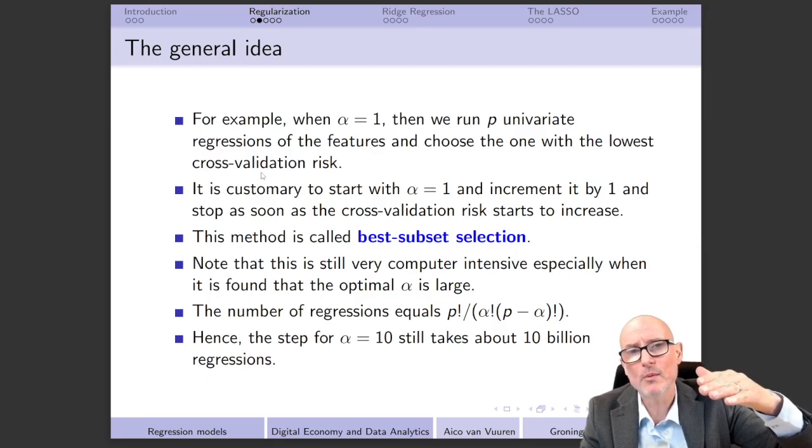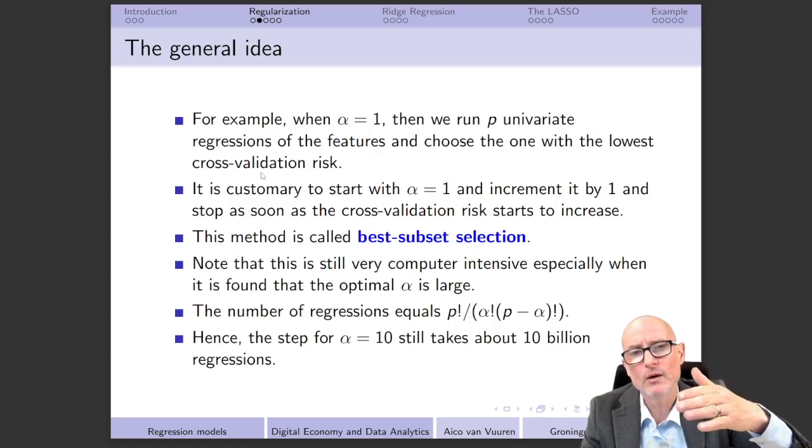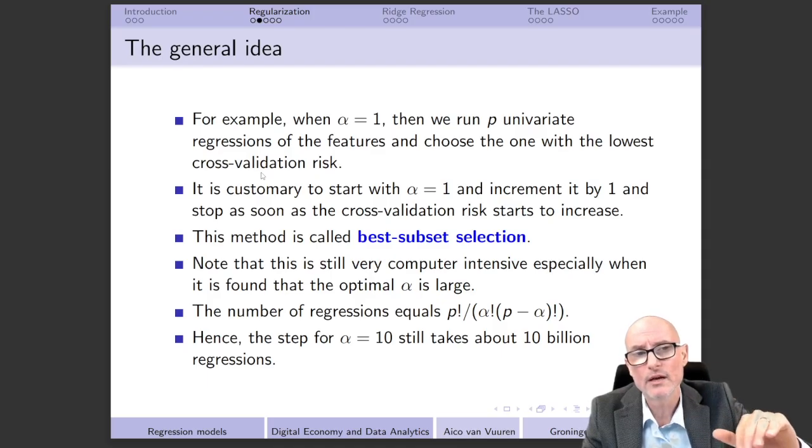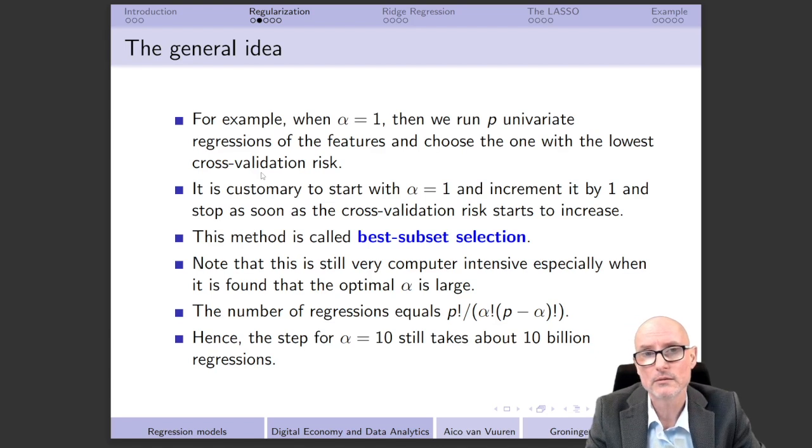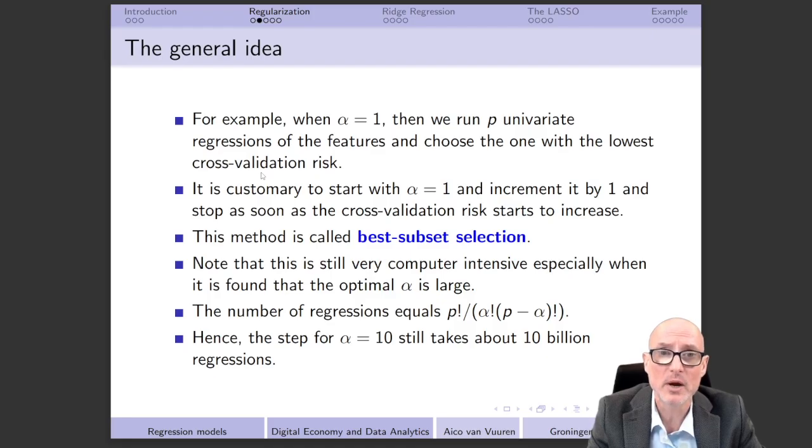However, at a particular moment in time, if we increment alpha further and further, we will see that the cross-validation risk will not decrease that much anymore. And it might even be the case that at a particular moment the cross-validation risk is going to start to increase again. But we should realize that then we have already found the potentially best regression,